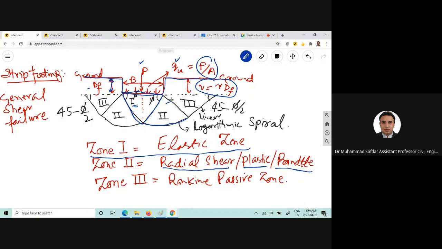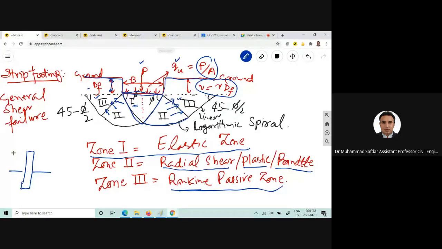There is a third zone, this one, and in that third zone you can clearly see that the soil is pushed towards that zone. Therefore, Terzaghi named that zone the Rankine passive zone because the soil is pushed towards it. And if you recall the concept of the active and passive earth pressure,